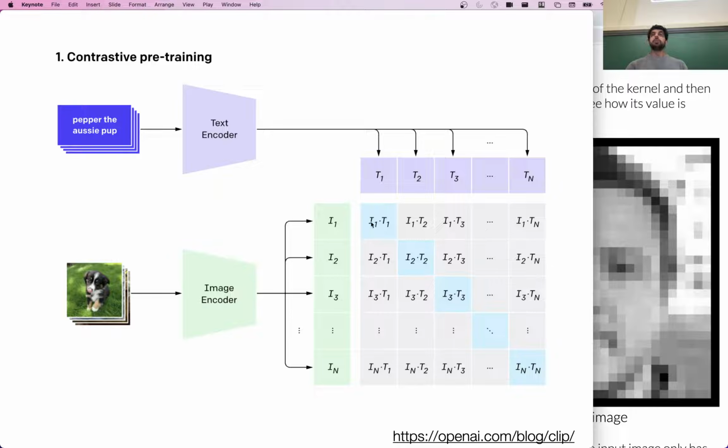And so if you think about this entire batch, all of the elements on the diagonal are the dot products that we want to maximize, and all of the off-diagonal dot products we want to minimize. So you get this very simple loss function that uses contrastive learning to accomplish this. And the biggest hyperparameter here, the most important thing, is the batch size. If I have a very big batch, then it becomes a lot harder to have a high dot product here and a lower one everywhere else.